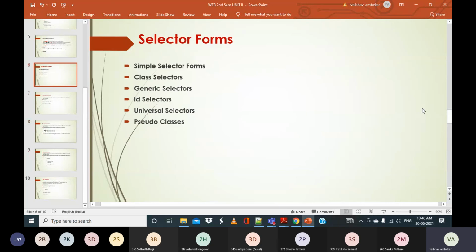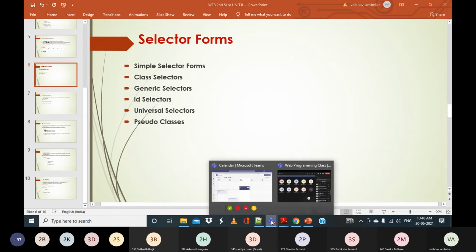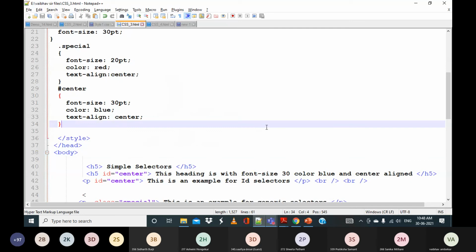Are we clear with this? So we have covered simple selectors, class, generic, and ID selectors. The last ones remaining are universal selectors and pseudo classes. This we can continue in the next class. Please let me know if you have any doubts.